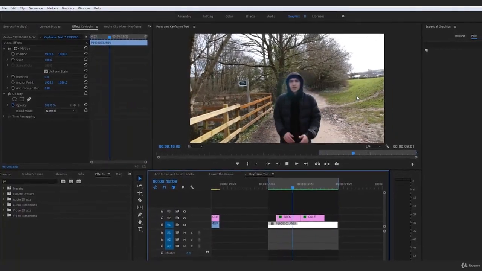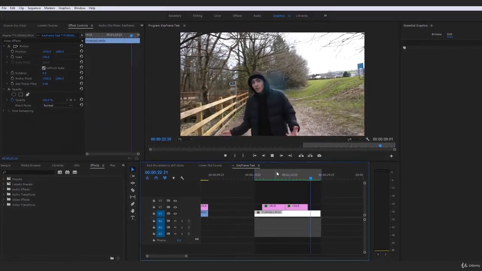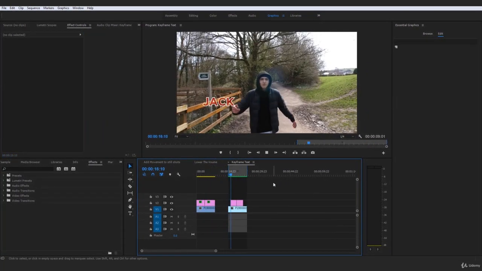So we have a Jack text absorbing in, and boom, the Cole text, boom. And that right there is a more advanced text animation that we have done, again, using just the keyframes